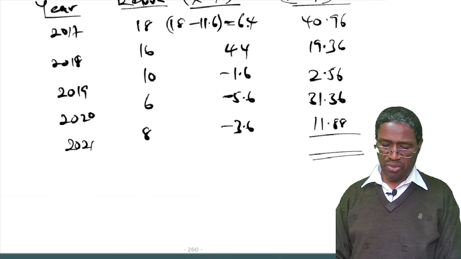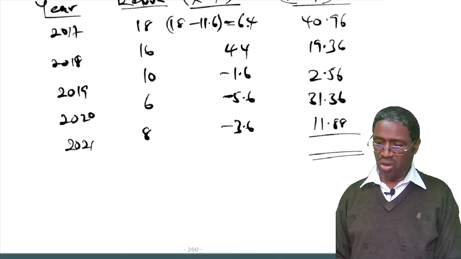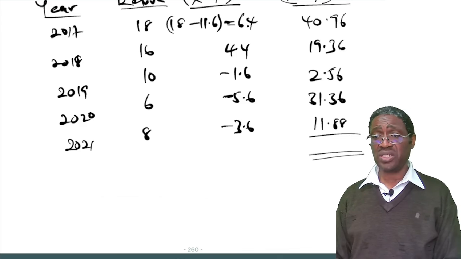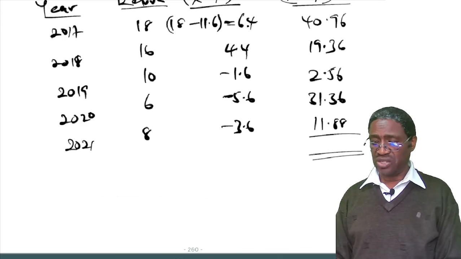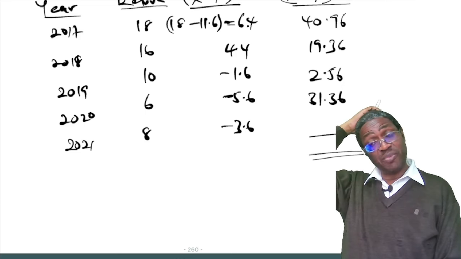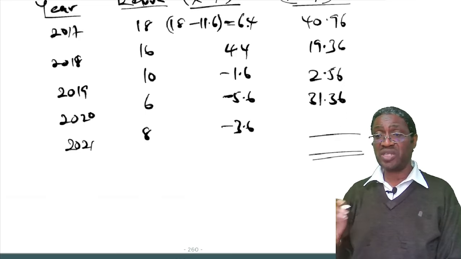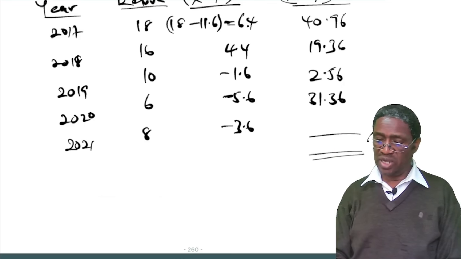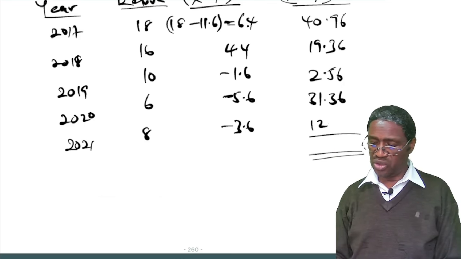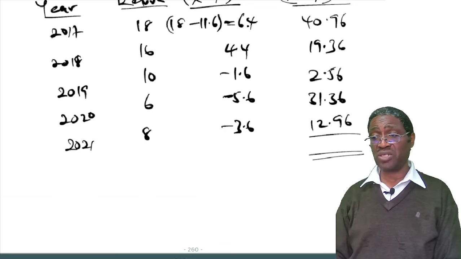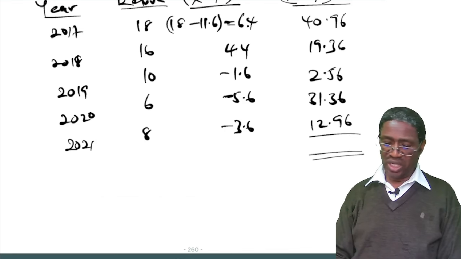3.6 times 3.6. Oh, I've done the wrong one. The last one. Listen. The last one is not 11.88. I mistook. I don't know how I got 11.88. 3.6 times 3.6 is, make that correction please, 12.96. Sorry for that correction. So now we can add the total,